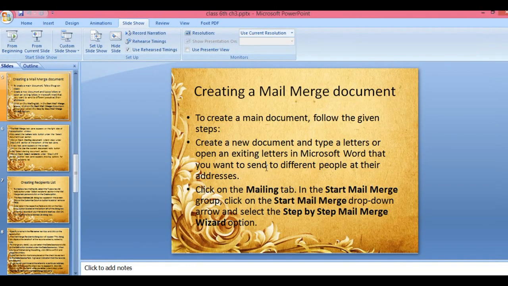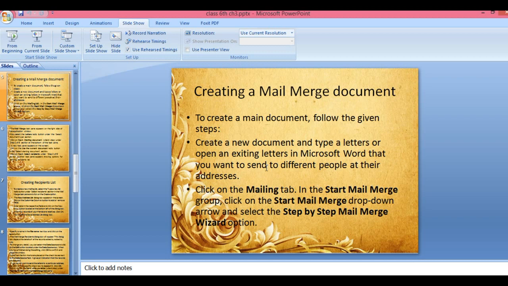So right now we have studied how to create a mail merge document. We have to click on the Mailings tab. We have to go to the Start button. After that, we have to click on next, starting document, use the current document and follow the wizard. Next, select recipients and we will create a recipient list.